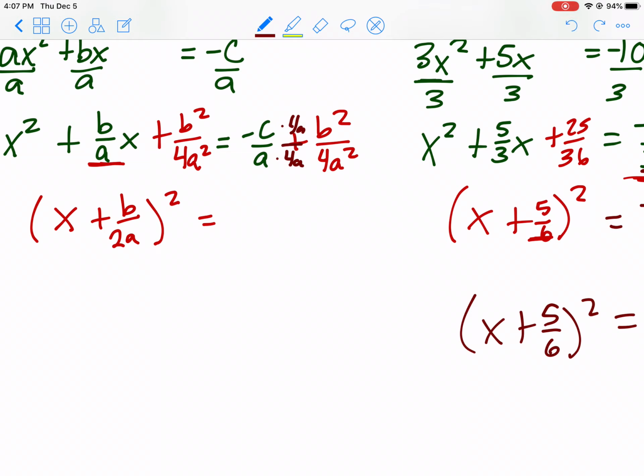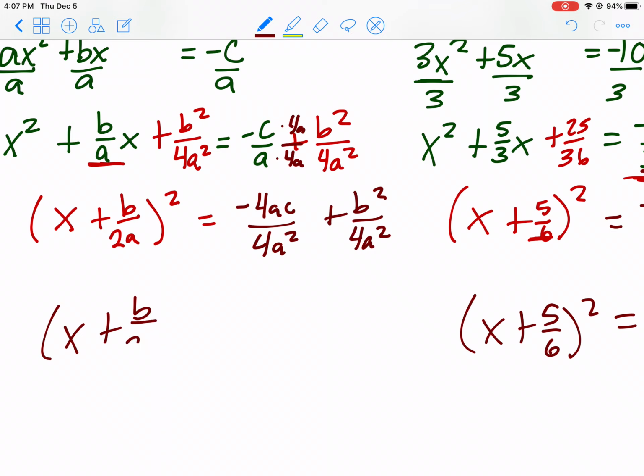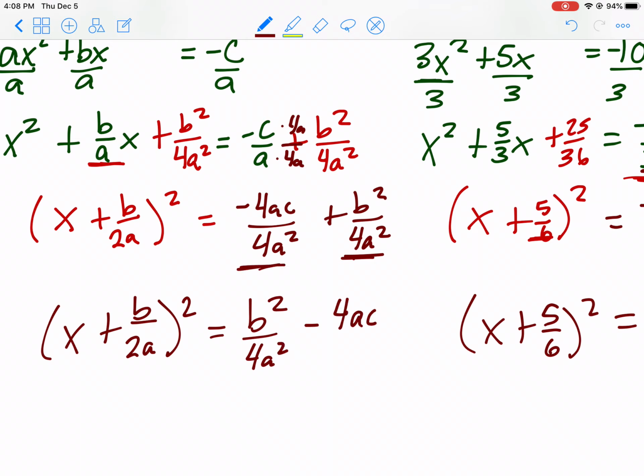So this is going to be negative 4ac on the numerator and 4a squared on the denominator. And we're adding that to b squared over 4a squared. Okay, let's go ahead and put that together. So we have (x plus b over 2a) squared. Now to get this to look like the traditional formula, I'm just going to swap these two. So I'm going to write b squared over 4a squared first. Doesn't change its value, I'm just changing the order. Minus 4ac over 4a squared. I'm only doing this because this is how it conventionally looks. We're used to seeing it in this way, so I'm just making that switch right there,